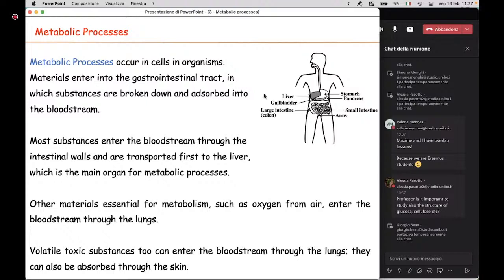Okay, so this is the main overview of metabolic processes. So we have intake of food, drink, water mainly, broken down. We break down molecules, transport to the tissues, use of these small molecules, either for building or for producing energy, and also the intake of oxygen to produce energy, and the exhaust, let's say, the elimination of carbon dioxide.